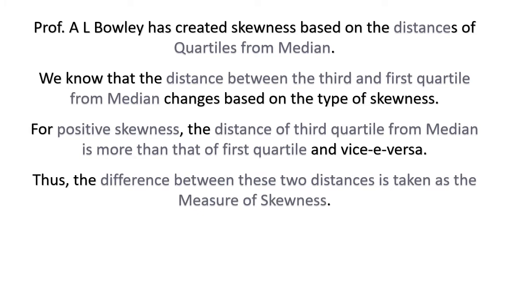of skewness. So Sk, skewness, will be (Q3 minus M) minus (M minus Q1). Q3 minus M is the distance of the third quartile from the median, whereas M minus Q1 is the distance of the first quartile from the median, and the difference between these two distances depicts the value of skewness. But if we open these brackets, we get a value like this, that is Q3 plus Q1 minus 2M. So my dear students, these are the two formulas for calculating Bowley's skewness.